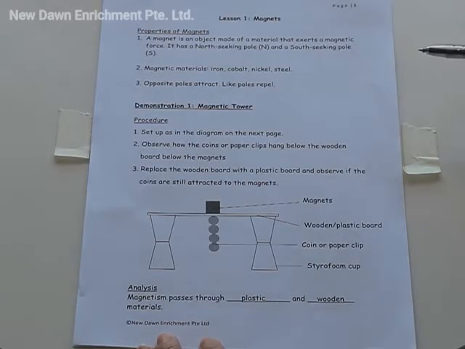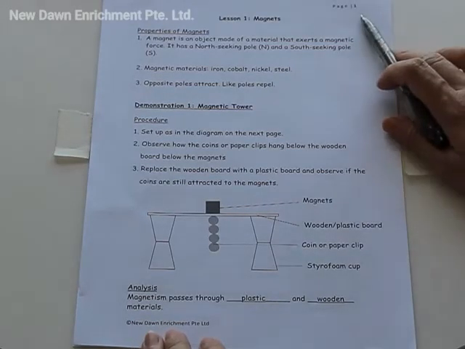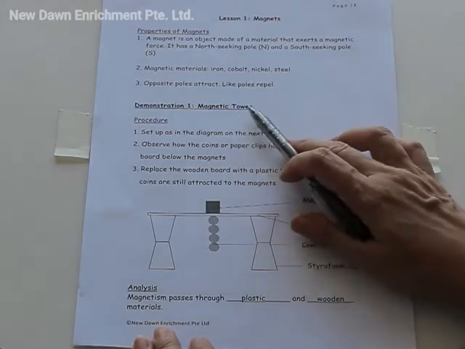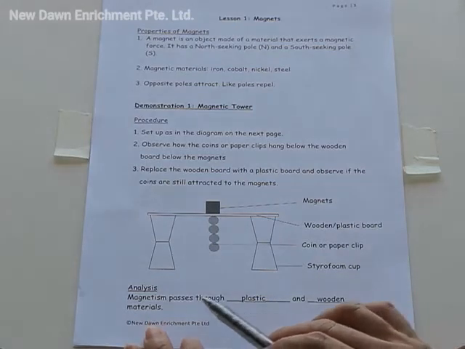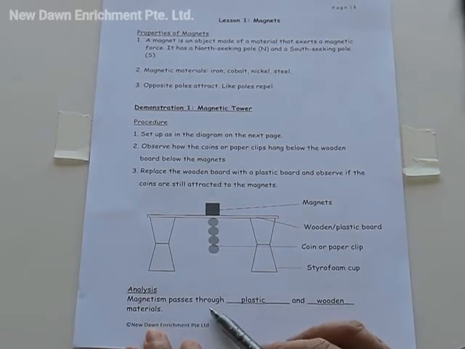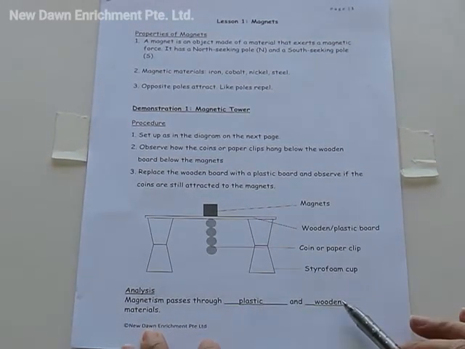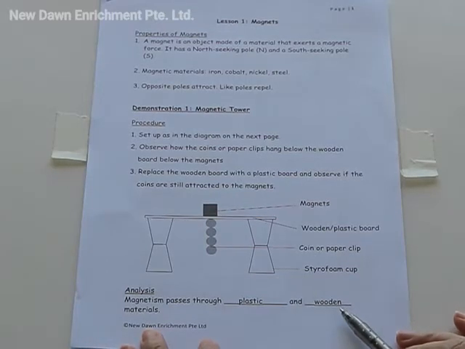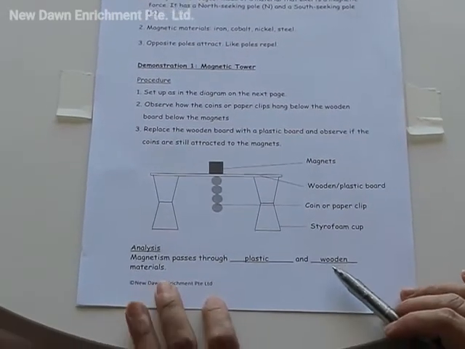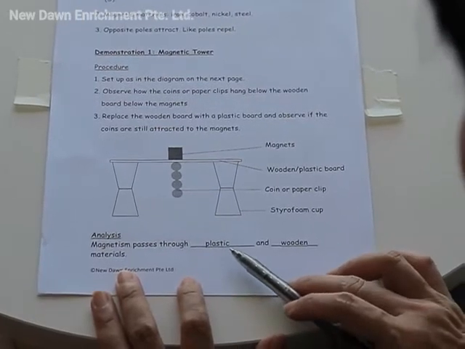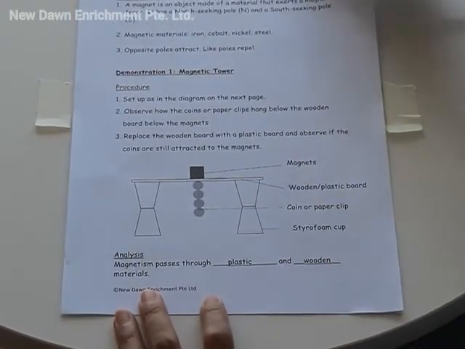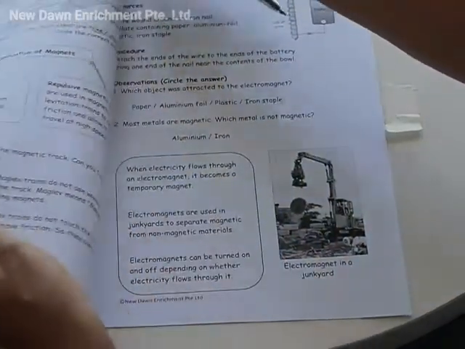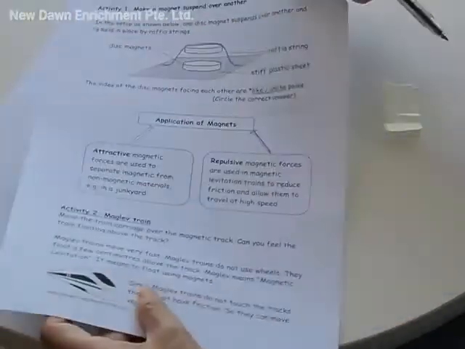Let's go through the worksheets. On page 1, remember I did a magnetic tower experiment, and we also found out that magnetism passes through the plastic and wooden materials that are used to test. So anytime you can stop, you can pause the video to write down the answers. Okay, and then we go to this page. Page 2,